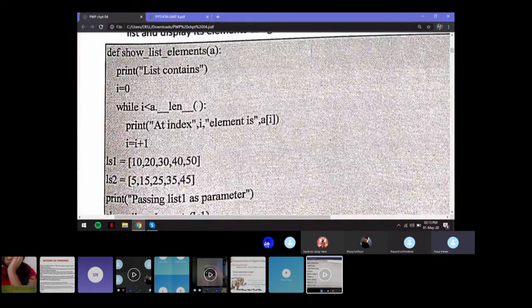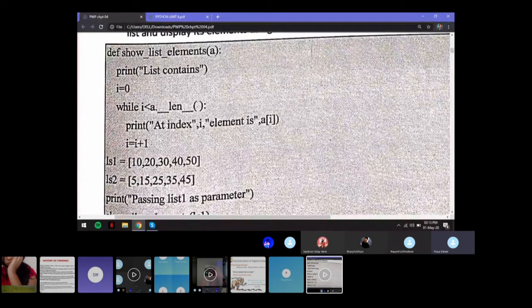While I is less than A dot underscore underscore len underscore underscore, that means while I is less than the entire length of A. So A will be a list.